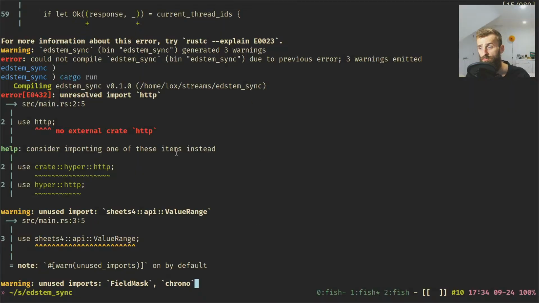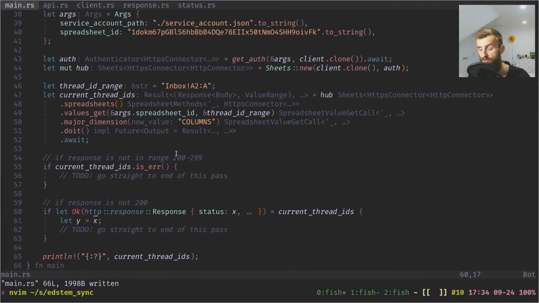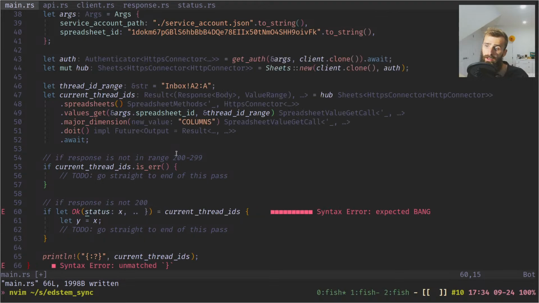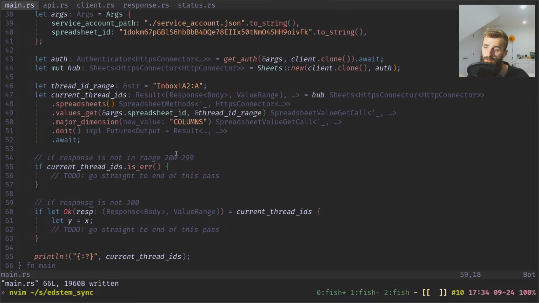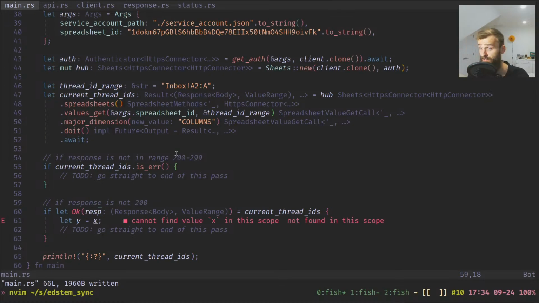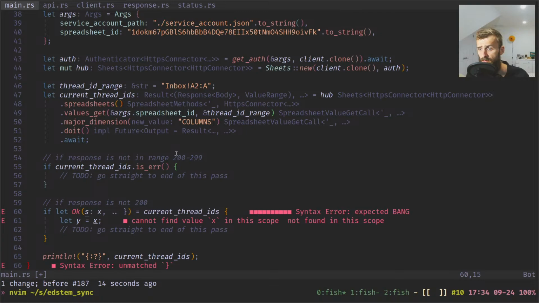So I might just do nested. So I was trying to get clever and deconstruct that entirely in there. Oh, maybe it's because... No, I mean, I still don't have the HTTP type, but